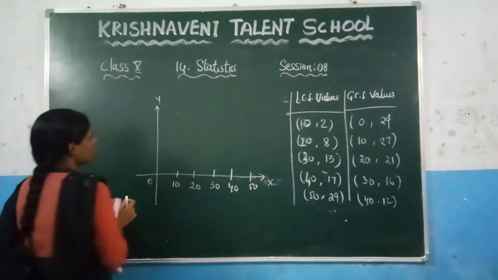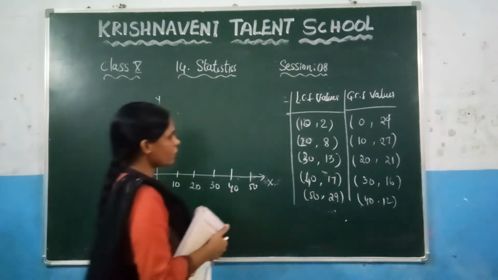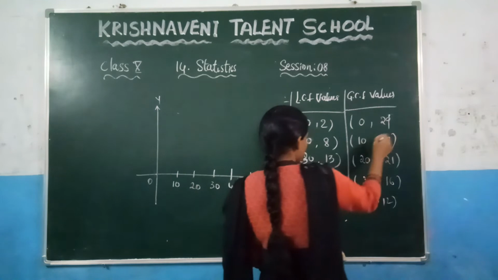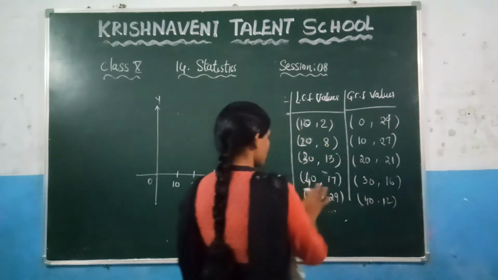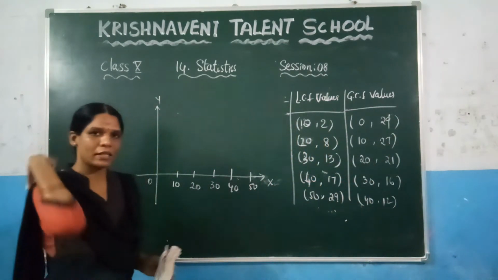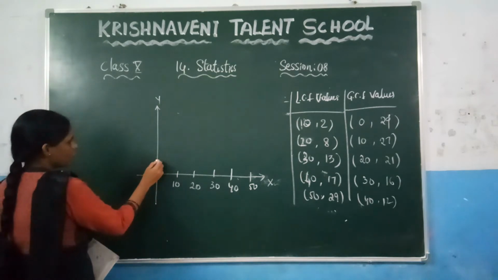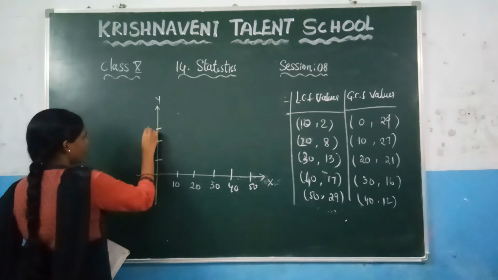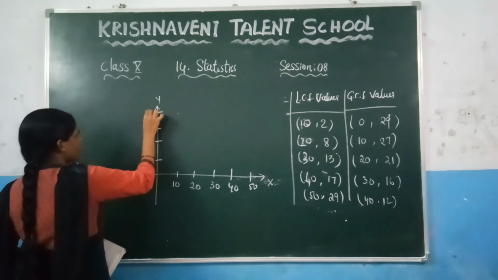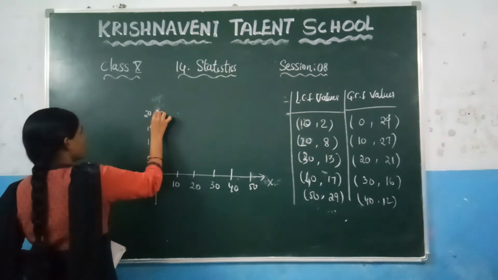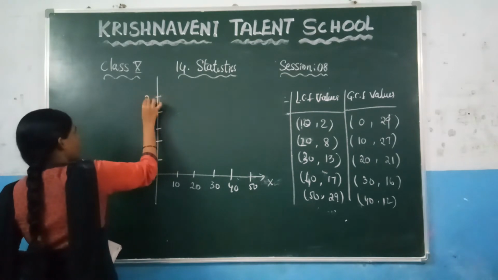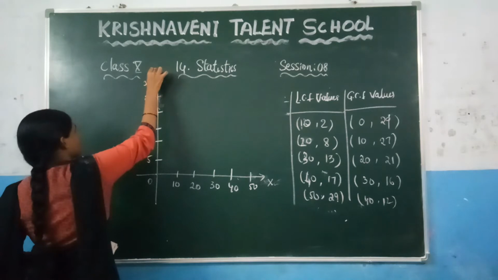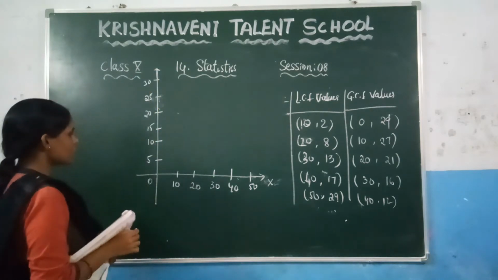And after that you can check on the y-axis what the values are, which are 2, 8, 13 and the greatest number, which is 29. So you can take here each unit as 5 units. So here let us take 5, 10, 15, 20, 25, 30. Okay, let us consider these values like this.